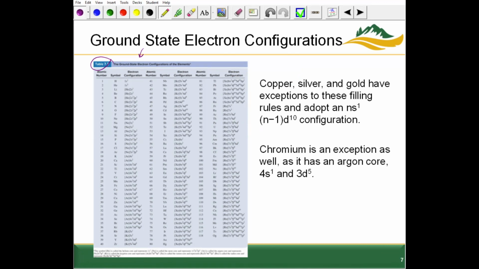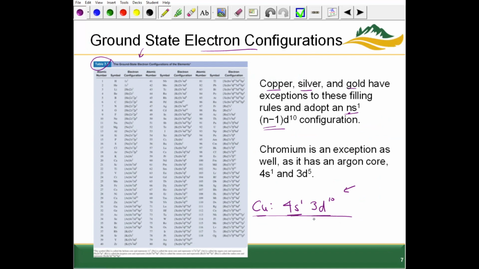There are a few exceptions, so there's copper, silver, and gold. So for example, this exception for copper is a pretty common exception to hear about when thinking about elements and their ground state electron configurations. So copper is an exception. Copper is one of our exceptions. It adopts an ns1, n-1 d10 configuration. So for instance, copper is 4s1, so 4 here is for n, 4 minus 1 is 3, so 4s1, 3d10